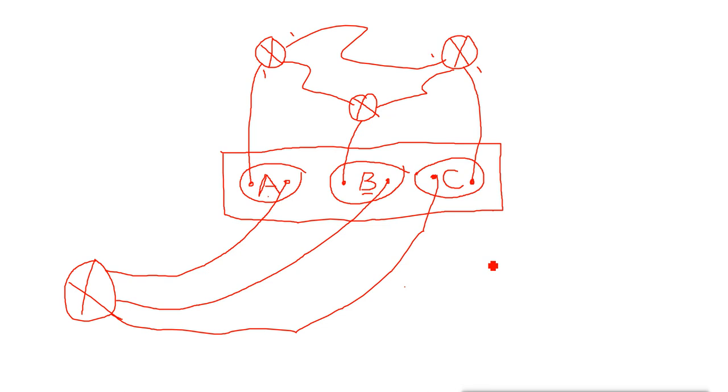This is cheaper than the previous one, but this also has a problem. Now what is the problem here? In the first place, here I have only 3 VLANs, but for example you are having 10 or 20 VLANs, then how many ports can you have in a single router? It is very difficult to have this number of ports, and for that you need a very high-end router. So you need a router which is having multiple different ports.